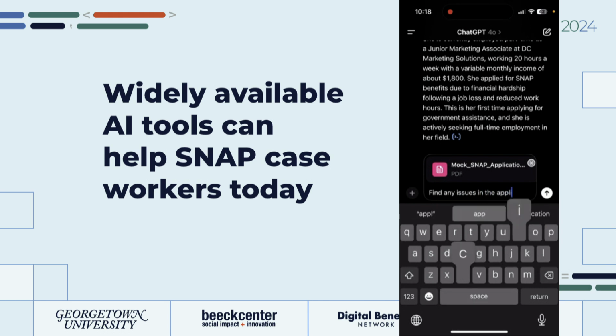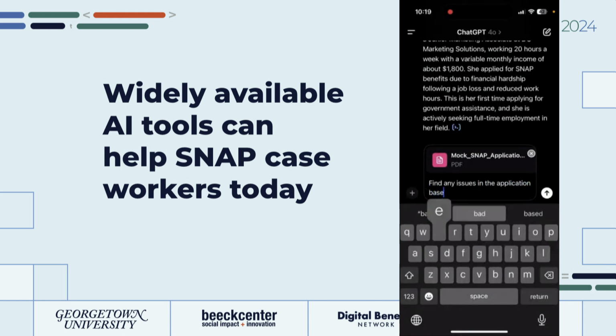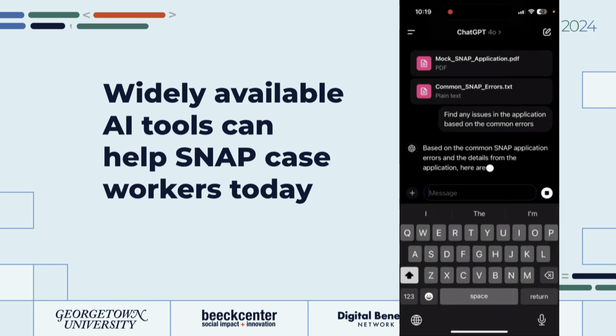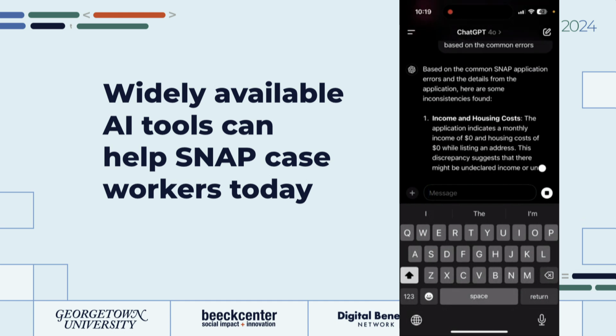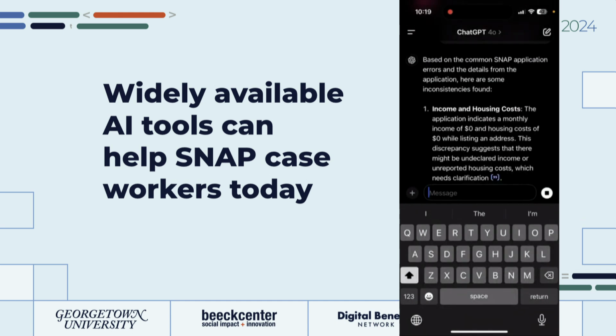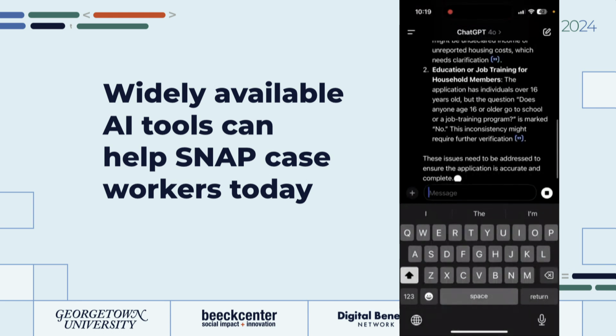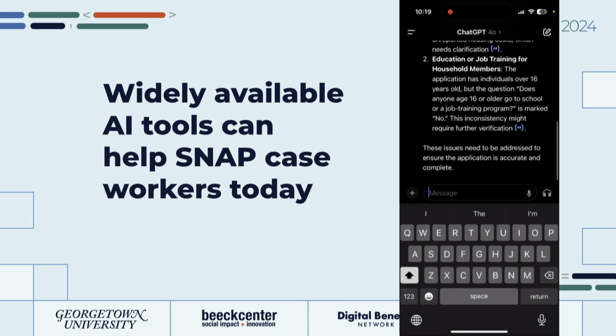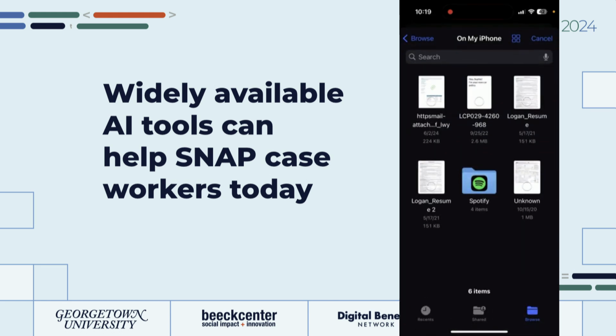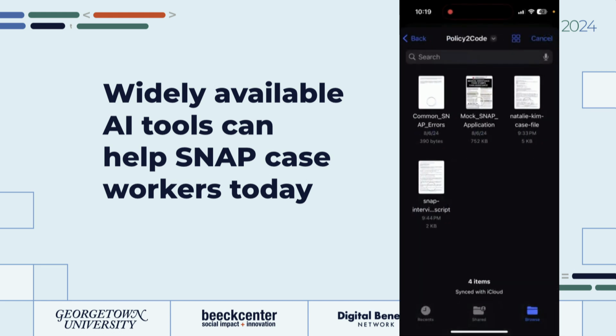And it is able to actually identify that, give us sort of a bulleted list of what those errors might be. And so then the caseworker is really armed with that information to go into the interview and clarify those points with the customer. And this makes it really efficient, so they're not trying to go through the entire application themselves, but they can identify those errors that we already know about